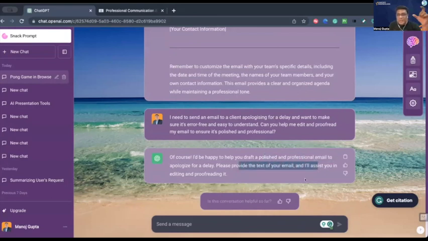तो जो आप ईमेल भेजना चाह रहे हो, उसका टेक्स्ट यहाँ पे पेस्ट कर दो, तो आपको ये बहुत ही प्रोफेशनल ईमेल बना करके दे देगा. All right? Will that make your life easy? All right. Yes. Super easy.